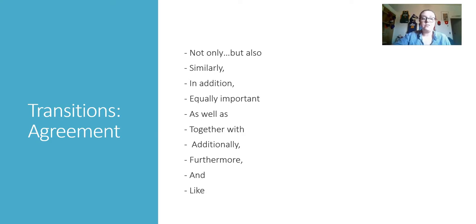So when we think about examples of transitions to express agreement, we certainly are not short on words and phrases that we can use. So of course we have not only, but also, similarly. So you could say, similar to what Scholar A said in their research, I too find that we should reduce the cost of textbooks. In addition to what Scholar B has said, I would also like to contribute this thought